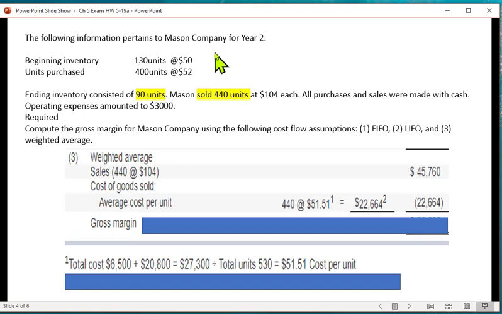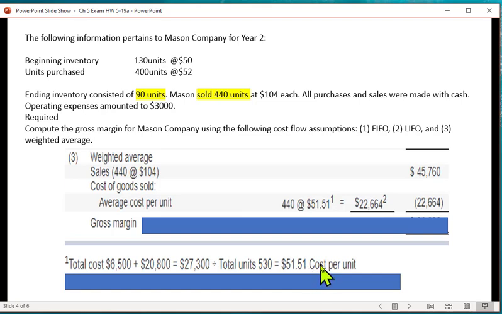That's $6,500 there. And we also want to take the $20,800, which is 400 units times $52. So now we've got the total cost of all these units available, which is the beginning inventory plus the units purchased. The total cost of all the units available was $27,300. Divide that by the total units available, which is 530. That's 130 plus 400, or 530. And that 530 divided into 27,300 gives us a weighted average cost per unit of